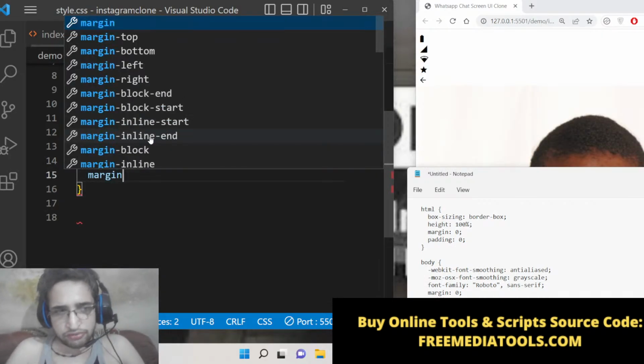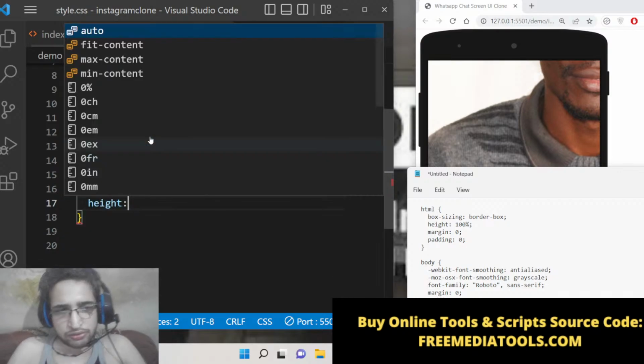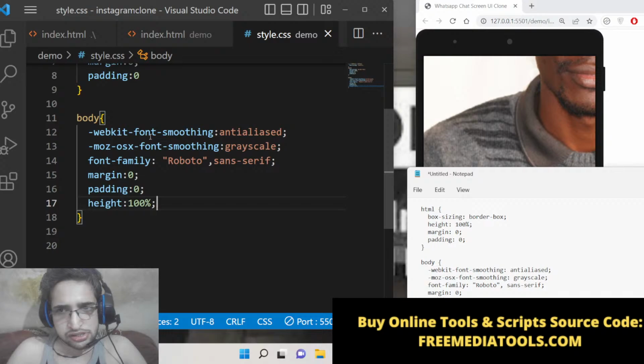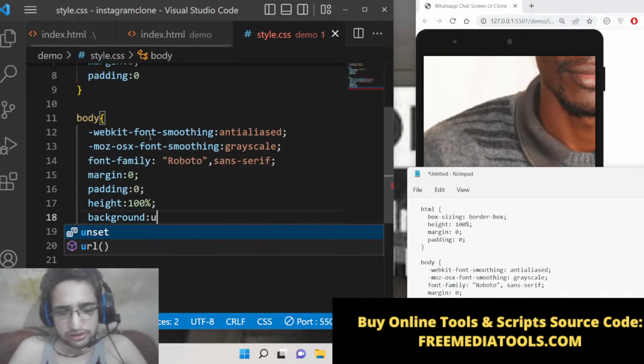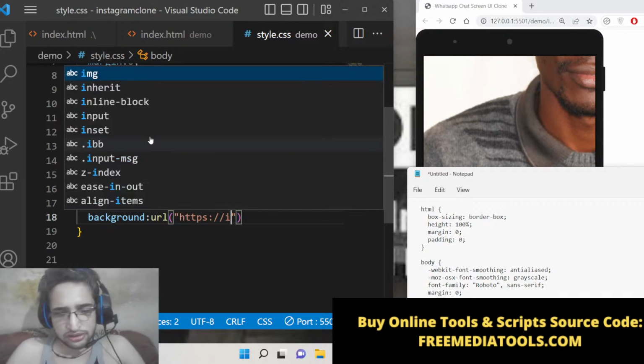We will remove the margin to 0, and also padding to 0. We will make the height 100%. And here we can change the background of the screen to this URL, which is https